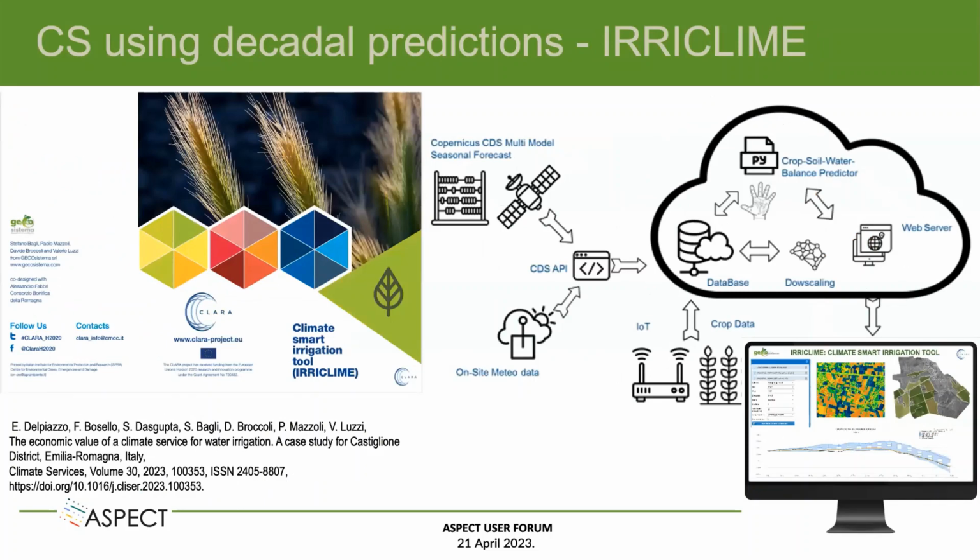This climate service has been developed in the framework of the Clara project with a collaboration with CMCC. Another climate service developed in the same project is EuroClimb, and it's quite similar to what has been developed by Arpaio and presented by Arpaio in the previous presentation. Using decadal prediction, we are able to provide in advance information related to soil water balance, and in the end it is useful information for irrigation. The user can modify the parameters of the crop and can have an updated forecast of the soil water balance, and so the amount of water that is requested for irrigation in the next seasons,